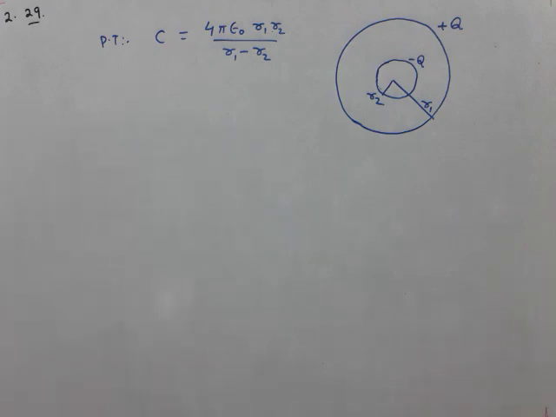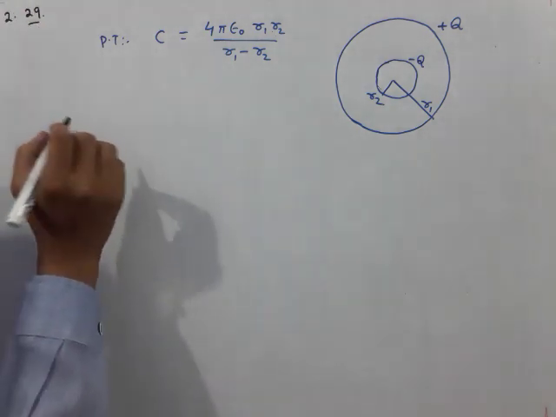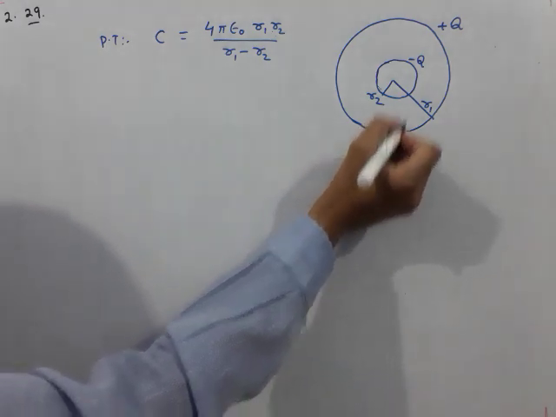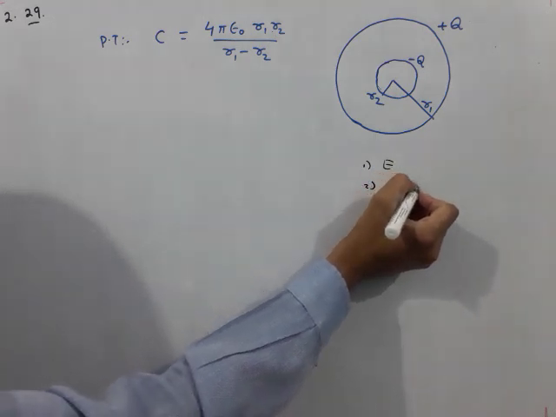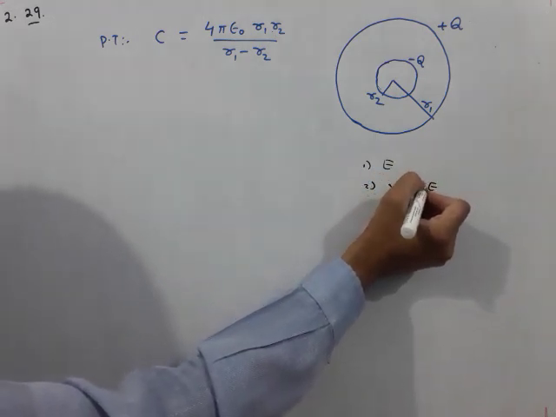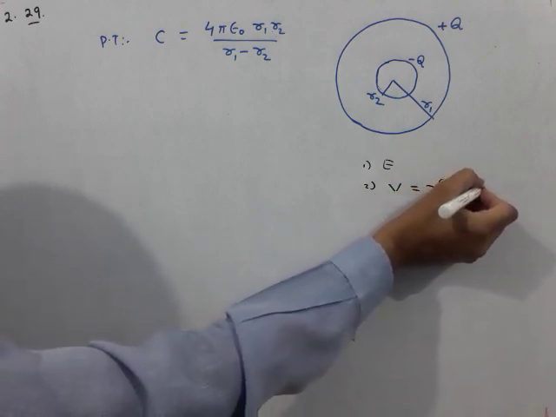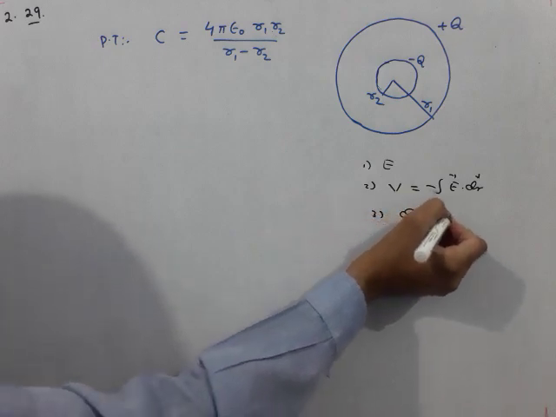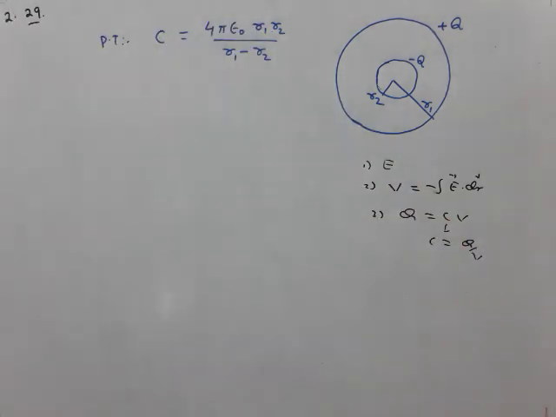See students, you have learned how to derive the capacitance formula for a parallel plate capacitor. You have got the answer A epsilon naught by D. So there are three steps. First you have to find the electric field between the plates of the capacitor. Second, you have to find the potential difference using the formula V is equal to minus integration E dot dr from one point to the other. And third, use the formula Q is equal to CV to obtain C as Q by V.